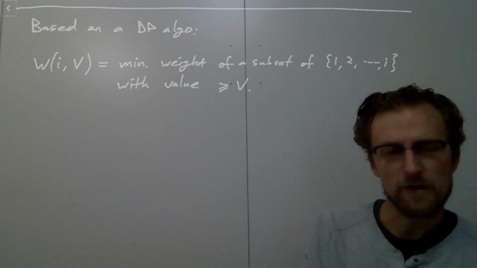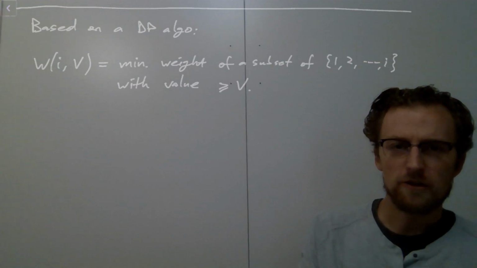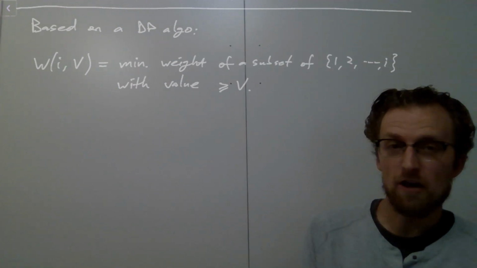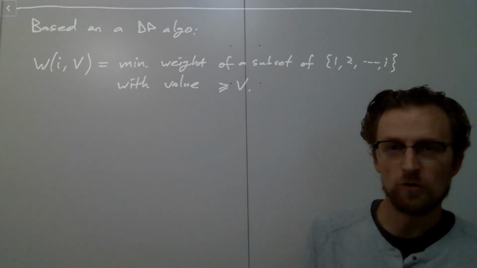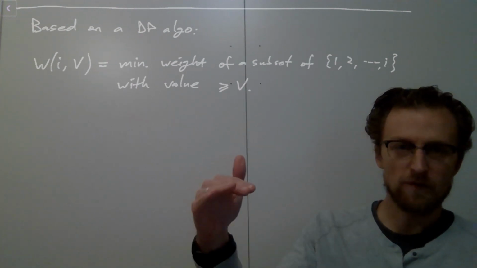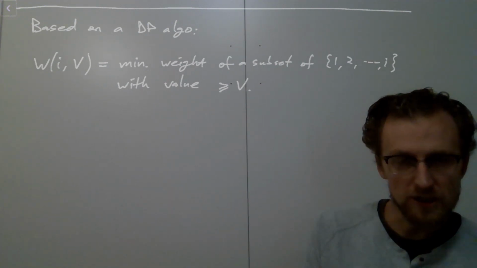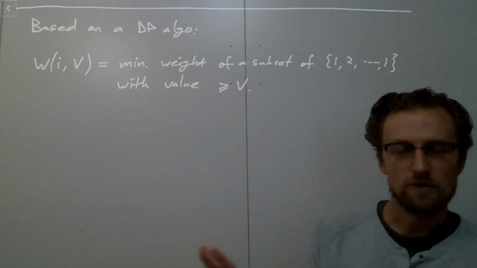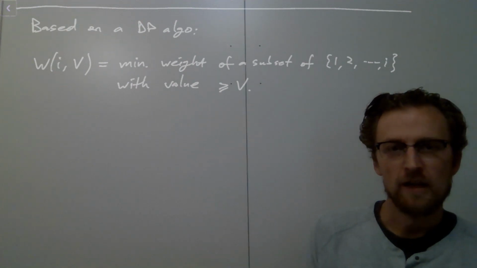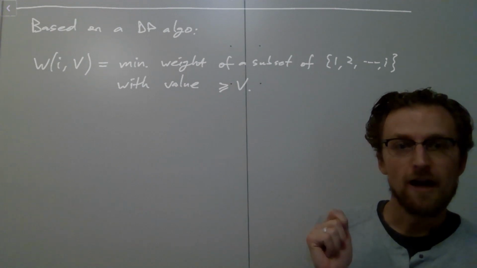It's hard to see how you can build an algorithm out of this, but essentially what you could do is say I can easily calculate an upper bound on the total value that a knapsack could take. I just take the most valuable item and multiply that value by n, and for sure there are no subsets that are more valuable than that. And then what I could do is plug that maximum value in here, and then iterate